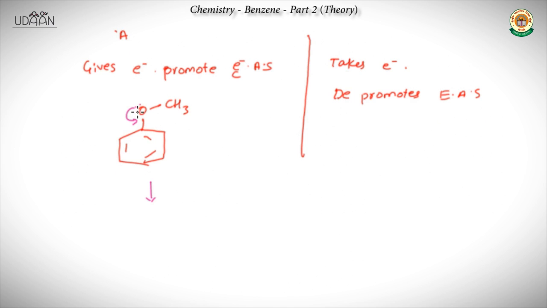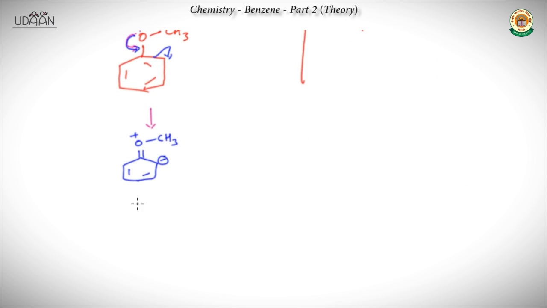So whenever this donates electrons to this benzene ring, say this bond shifted in this direction, you are going to get double bond O, CH3, a positive charge here, and you will get a negative charge here. And this is delocalized, that is the negative charge is delocalized, and by shifting this bond in this direction, you will have a double bond here, double bond O, CH3 here,